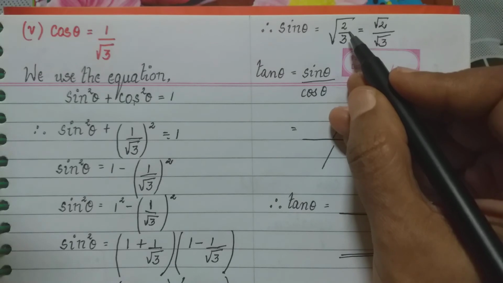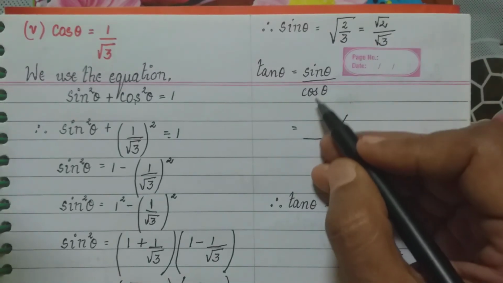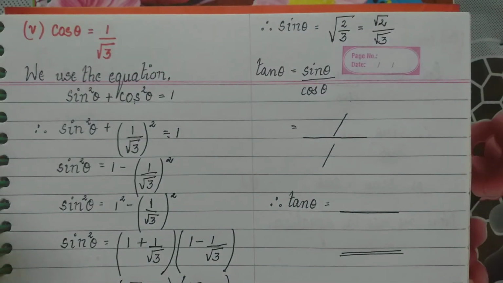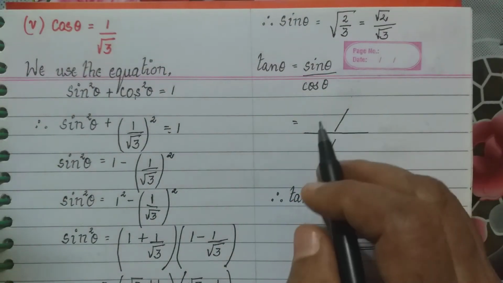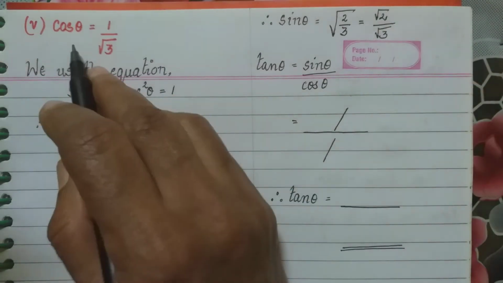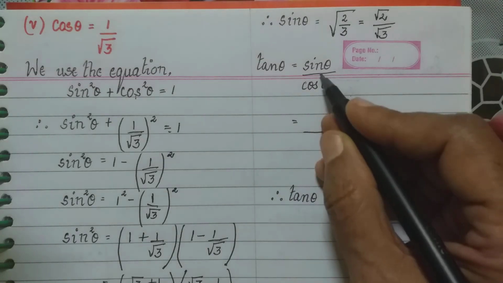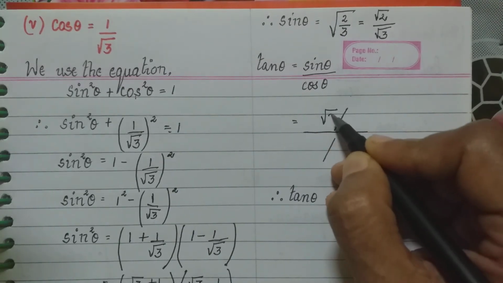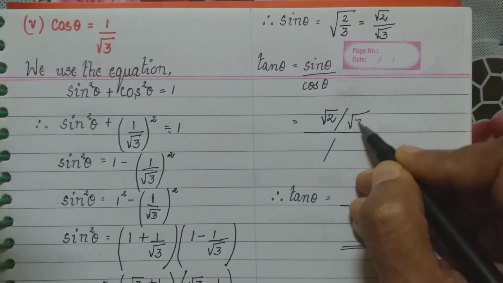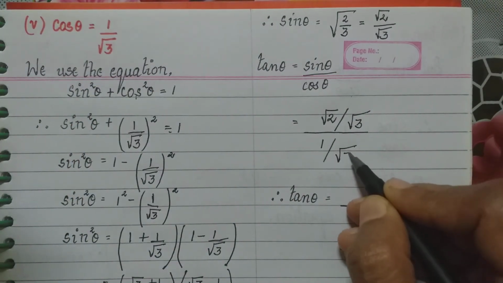Okay. So, either we write it as full root 2 upon 3. Now, I have written it like this because I want to cancel when I put the values of sin theta and cos theta. Now, sin theta is root 2 upon root 3. Cos theta is 1 upon root 3. So, here in place of sin theta, I will write root 2 upon root 3. Cos theta is 1 upon root 3.